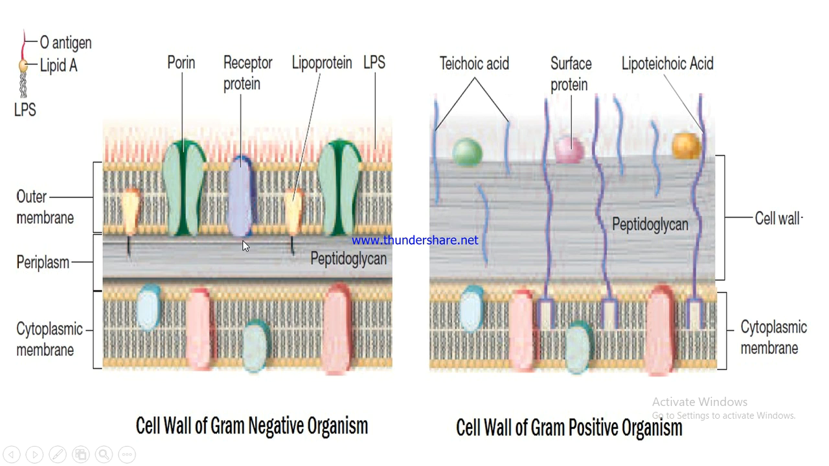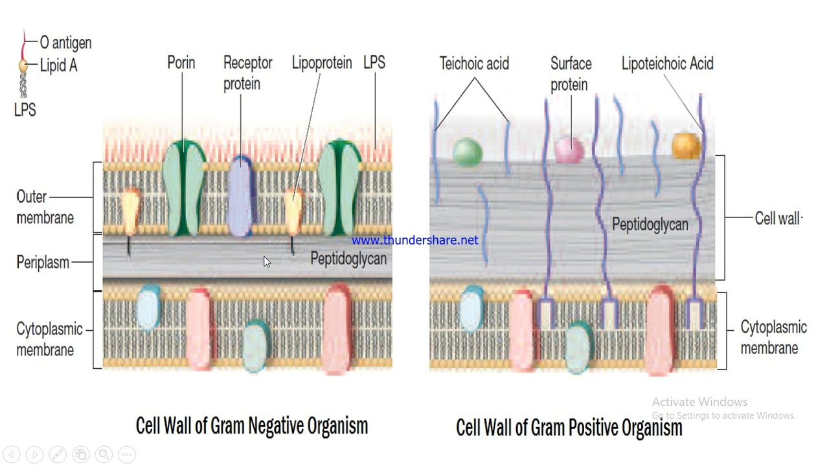But when we add the decolorizer, that is the alcohol, the outer layer of the gram negative bacteria gets dissolved. The lipid and carbohydrate layer get dissolved and the peptidoglycan layer is open to be washed out by the decolorizer. So whatever crystal violet dye was retained by the gram negative bacteria gets washed away after addition of the decolorizer, and this